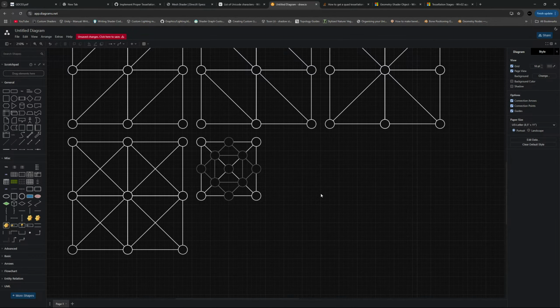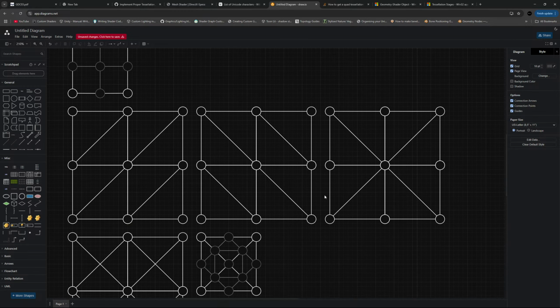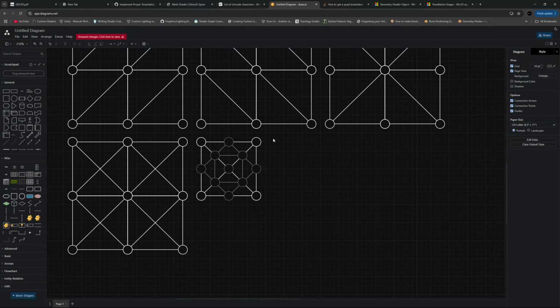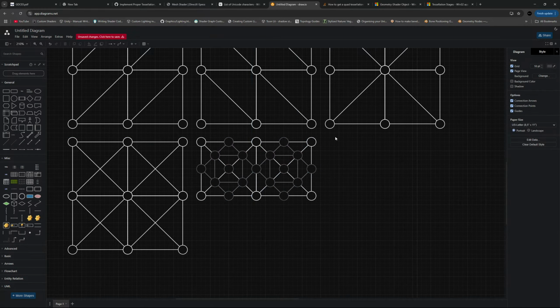Okay, there we go. If we could get triangulation that looks like this, it would be perfect. Most important part here is that